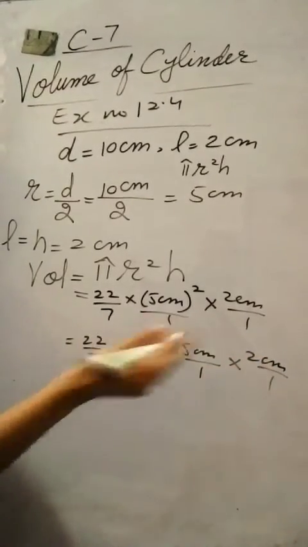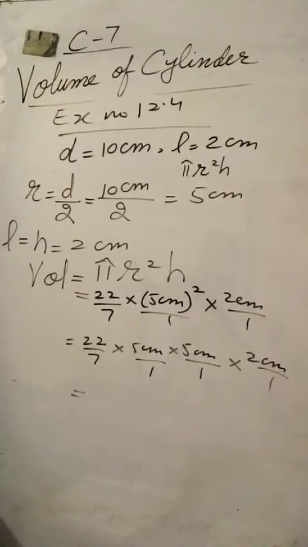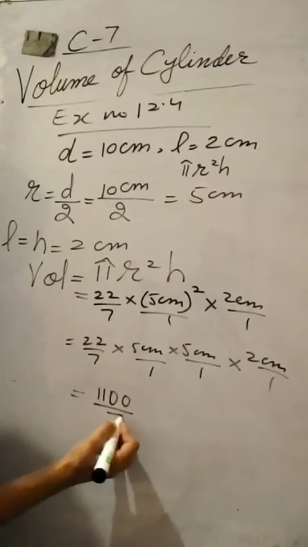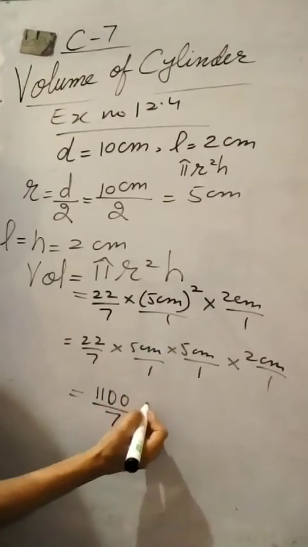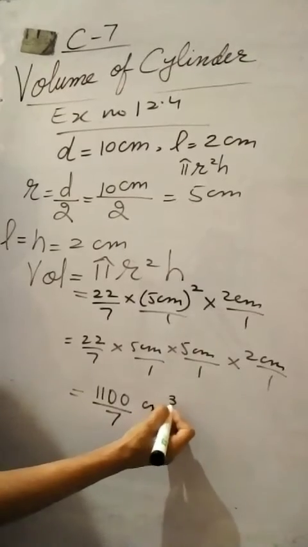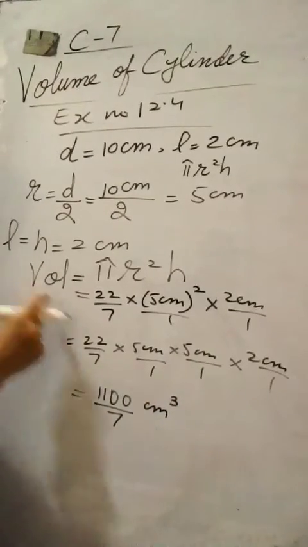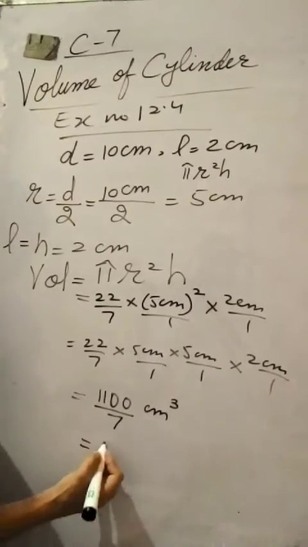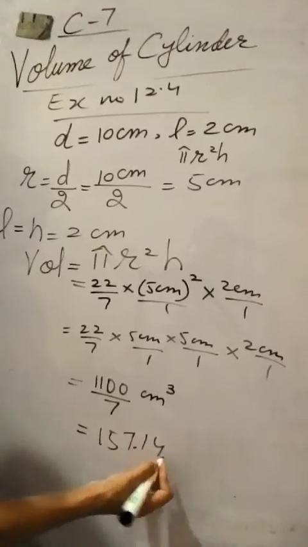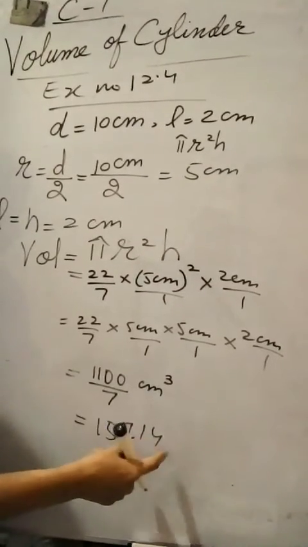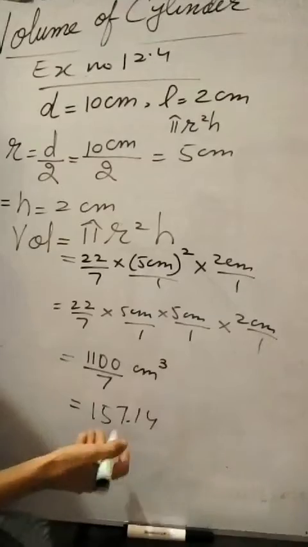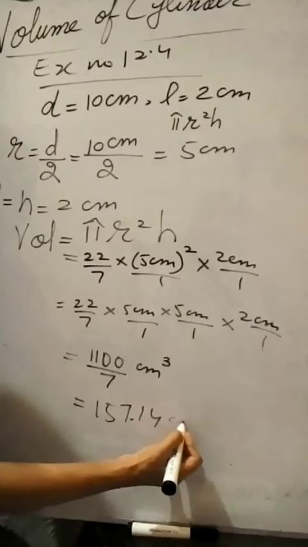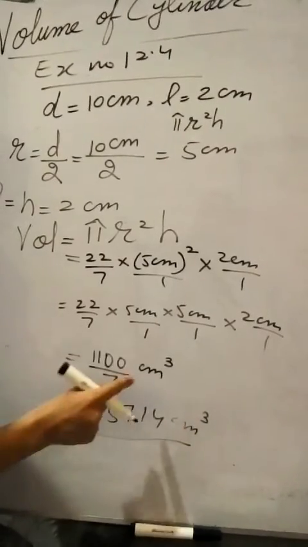Multiply all the numerators and the answer will be 1100 divided by 7. We have 3 centimeters, so bases are same, powers will be added, centimeter cube. Volume is always in centimeter cube. We have to divide this and the answer will be 157.14. We need to take 1 decimal place or 2 decimal places, because if the answer is a non-terminating decimal, you can take only 1st and 2nd decimal place and draw the ending line.